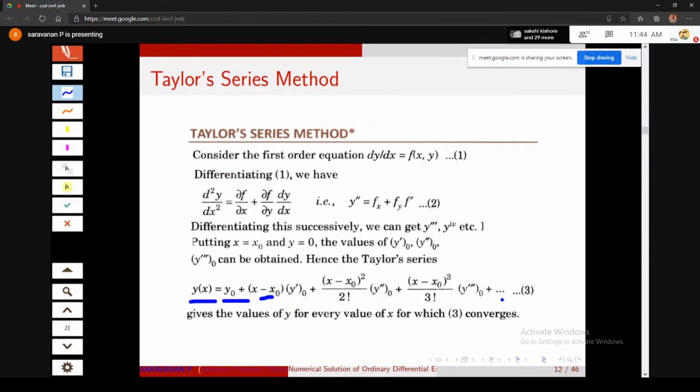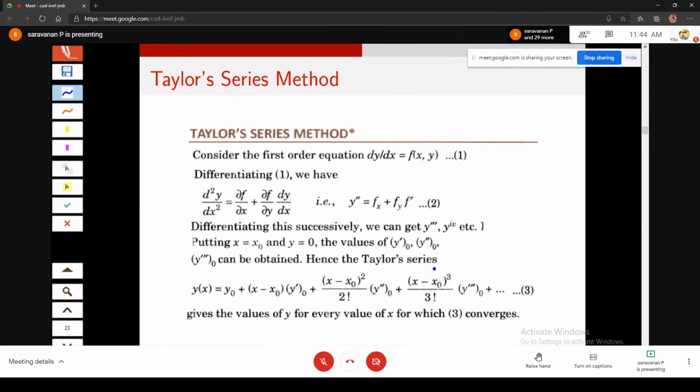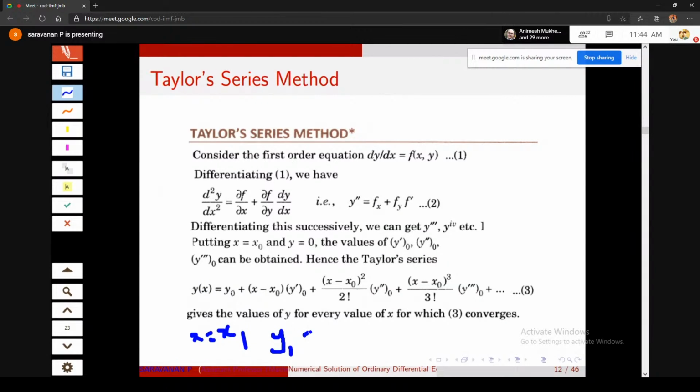Okay, so this Taylor series you know already, right? You would have studied in first year: Taylor series, Maclaurin series, etc. Right? So now what you do in this series, you substitute x equal to x1. Then what you'll get? y at x1. That is nothing but y1. So what is y1? y0